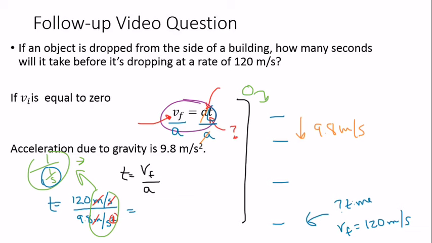So I can simplify this to units of seconds is my point. So I'm going to go on my calculator and plug in 120 divided by 9.8, and my calculator gives me something that has some digits. So I'm going to see how we want to round this, 12.2